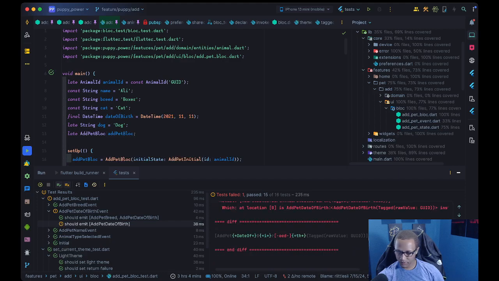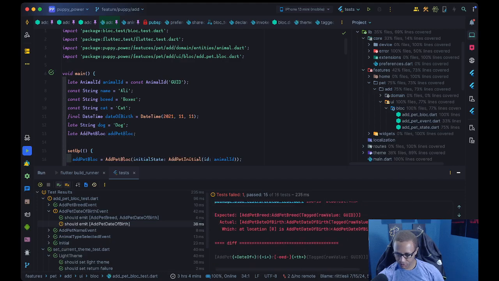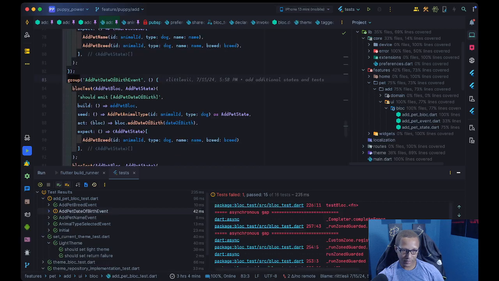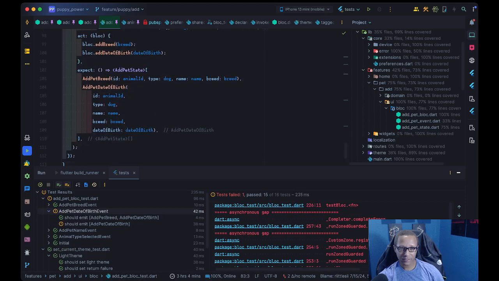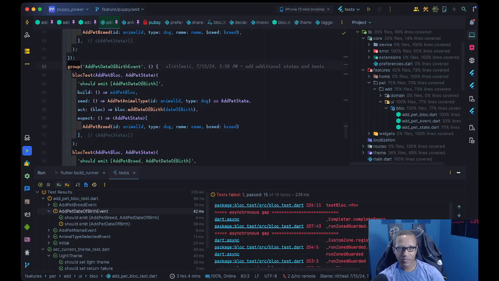Okay, where you have a failing test, we expect that add breed, actual, add date of birth. So add pet date of birth should emit. Okay, that's the one that's passing. The one that's failing is at the top. Here we go. So should emit. So we're just going to send the add block. We're going to do the animal type